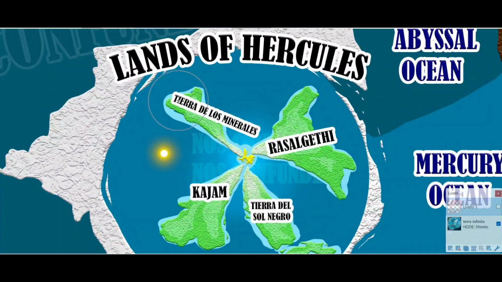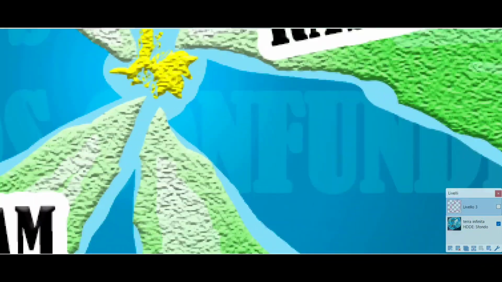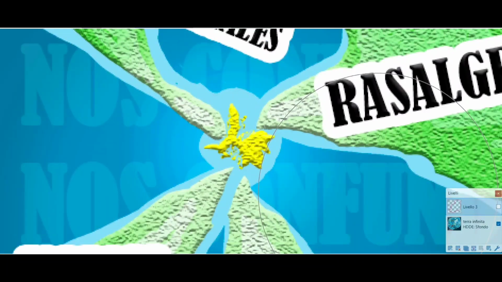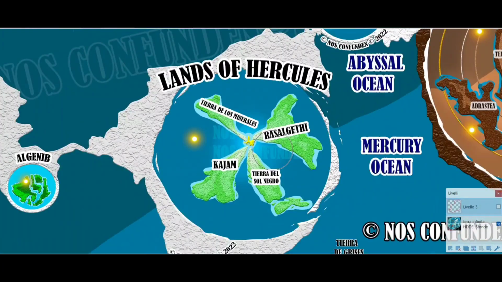That said, we also can see that the lands of Hercules are divided into these 4 places, but there's also this very, very small yellow part inside of them, which seems to be divided from the rest of the continents, and also seems to be an island. So that could be the core of the plane of existence, which brings to life the rest, but I can't say that for certain. So now that we established the geography and how this actually looks, let's talk about the mythology part.